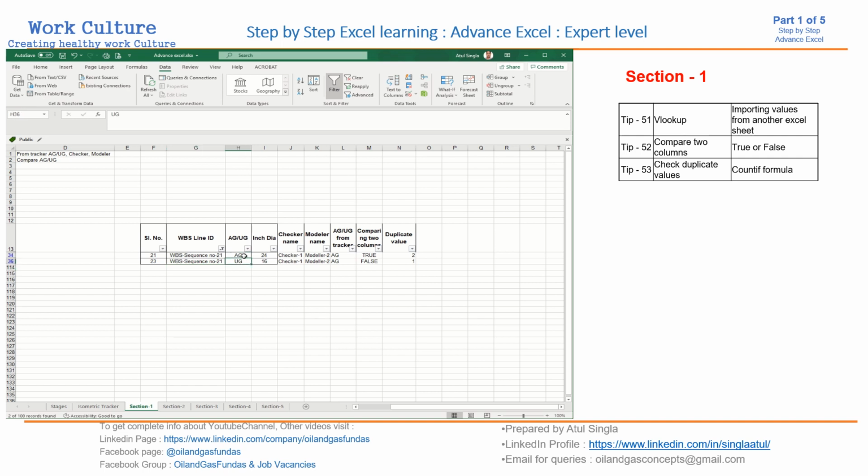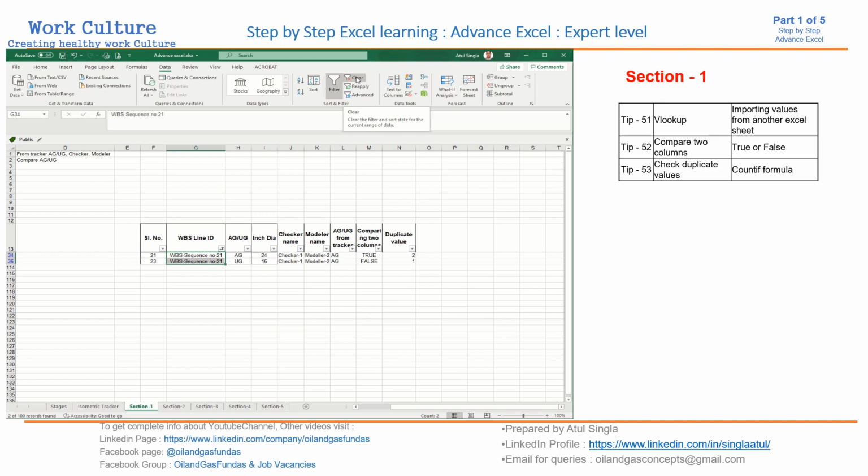So if you want to change, then you can always check whether you want to retain this value or you want to change something. So this way you can check the duplicacy also. This is a permanent check. Whenever there is a 2, you will get alarm. You can always filter out, you can check whether any duplicate value is there or not. So this is also one of the way.